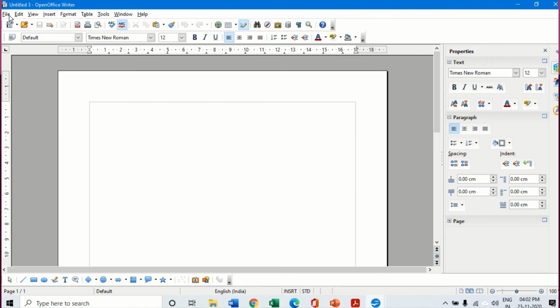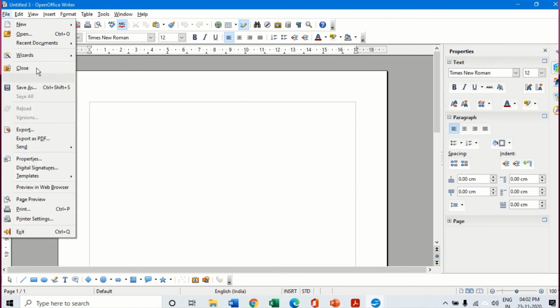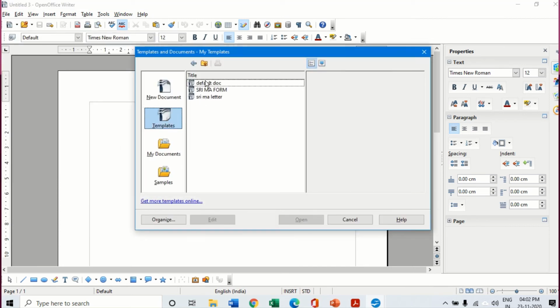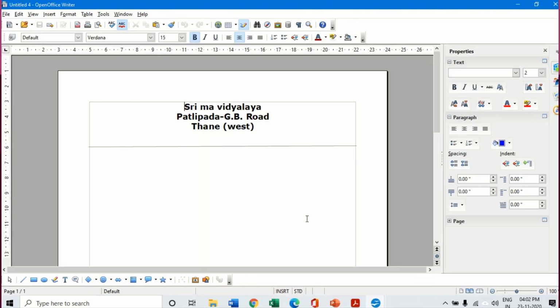But before that, let me open the template which we had created. Click on new, one of the templates which I created. Let's take default doc, this template, open it, and here I am going to use this template and save a document. So I'm going to write something like notice. I'm going to bring it in the center.